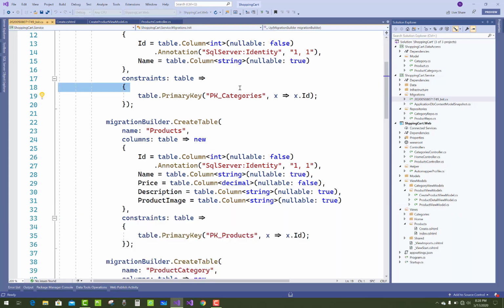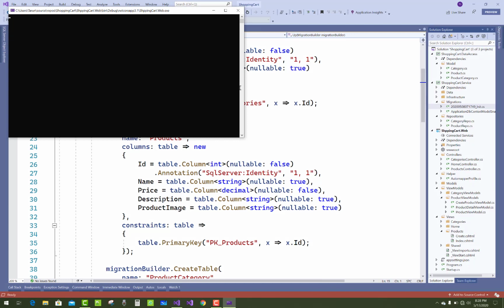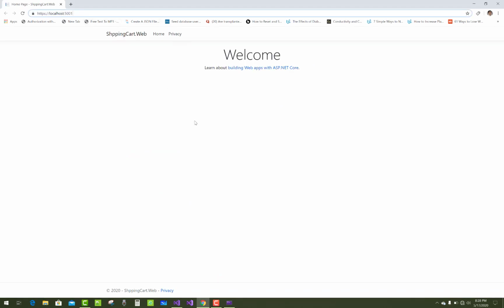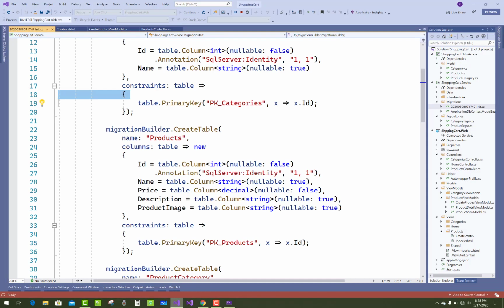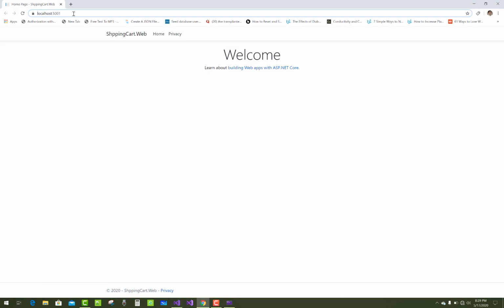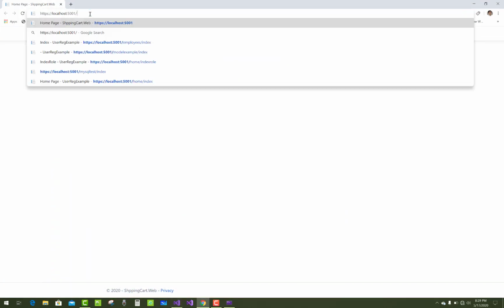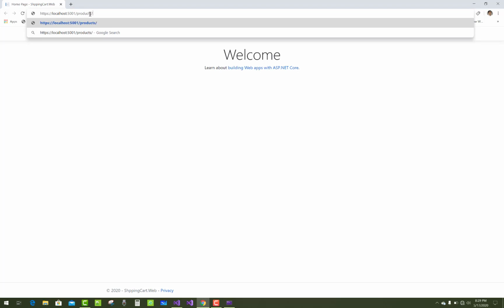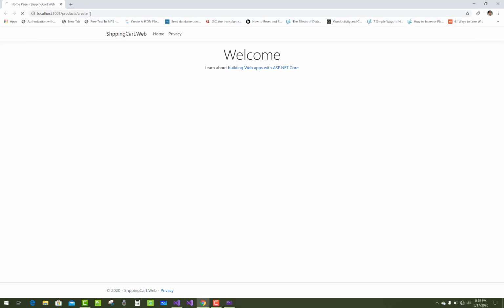First of all, add some categories in the project, because if there is nothing in the category section, then the categories will be invisible in the product when you add any product. The name of the controller is products, and under products we have a create action method.